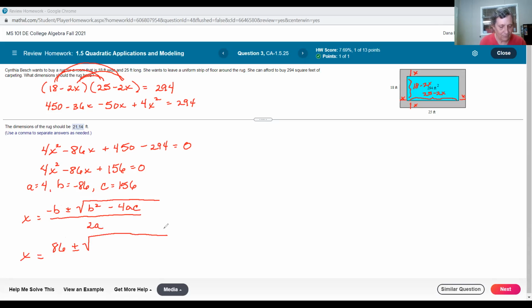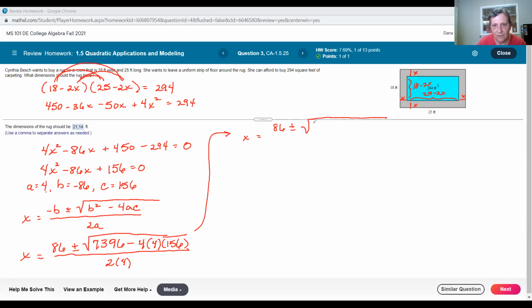Plus or minus the square root of 7396, minus 4 times a times c. Let me go ahead and write that out. 4 times 156. I've gotten in the habit of just going ahead and squaring the b, so this is 86 squared, over 2 times 4. So x is 86 plus or minus the square root of